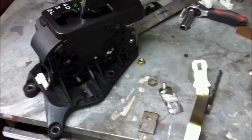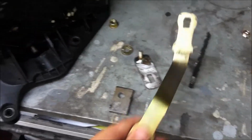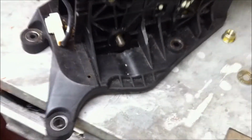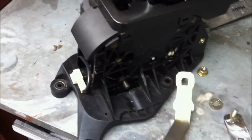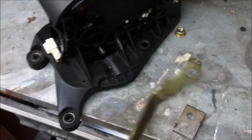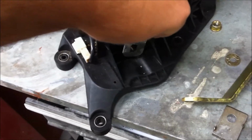Okay, have started the first few steps needed to make this work, and so this lever here, from the factory bolts up to that little shaft coming out of there, and when you shift the gear back and forth, it causes this lever to go up and back, basic lever operation there. So what we've done is, instead of the lever actuating from underneath the car at the shifter, made a little adapter here, and this will bolt on right here